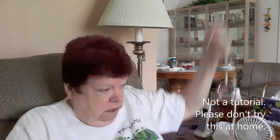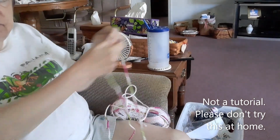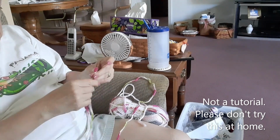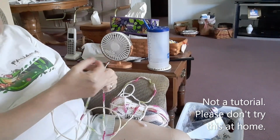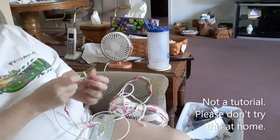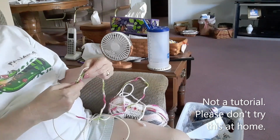Okay, so I got 3 pairs of needles in my lap. I'm going to find the end, and we have to cast on 8 stitches. So I'm going to move this down and hopefully you guys can see what I'm doing. I'm going to do a slip knot. And I'm going to get one of these needles. And I'm going to cast on 8 stitches. Then I'm going to divide them onto 4 needles. 2, 4, 5, 6, 7,